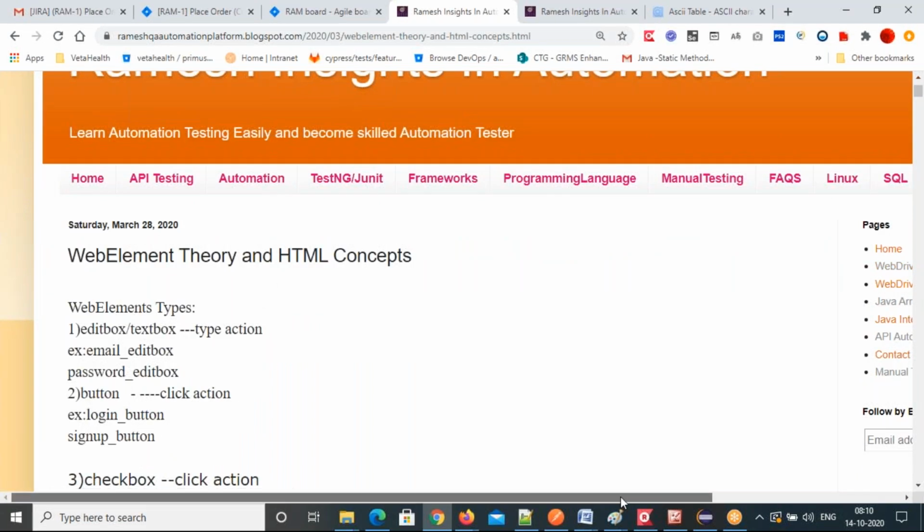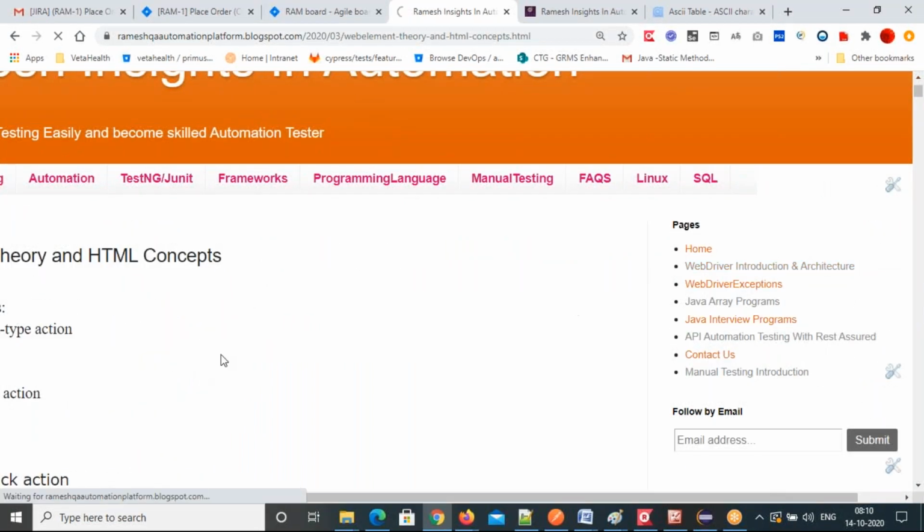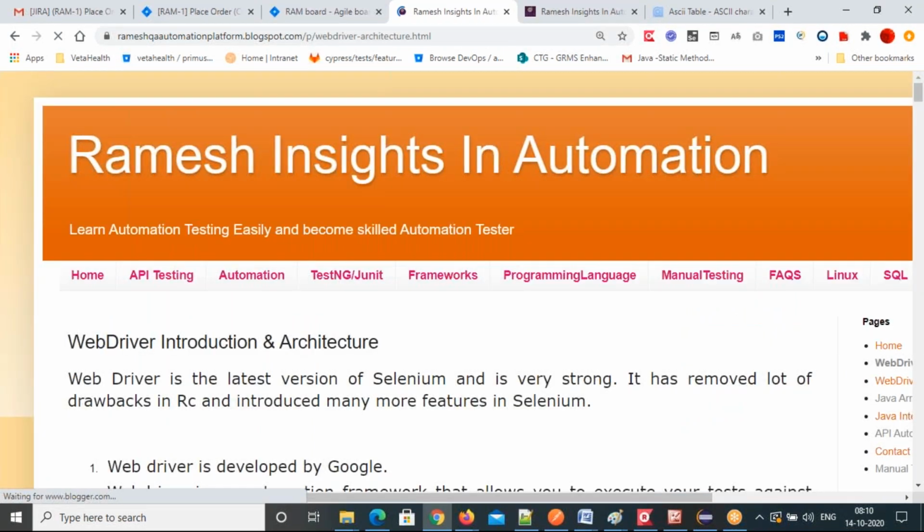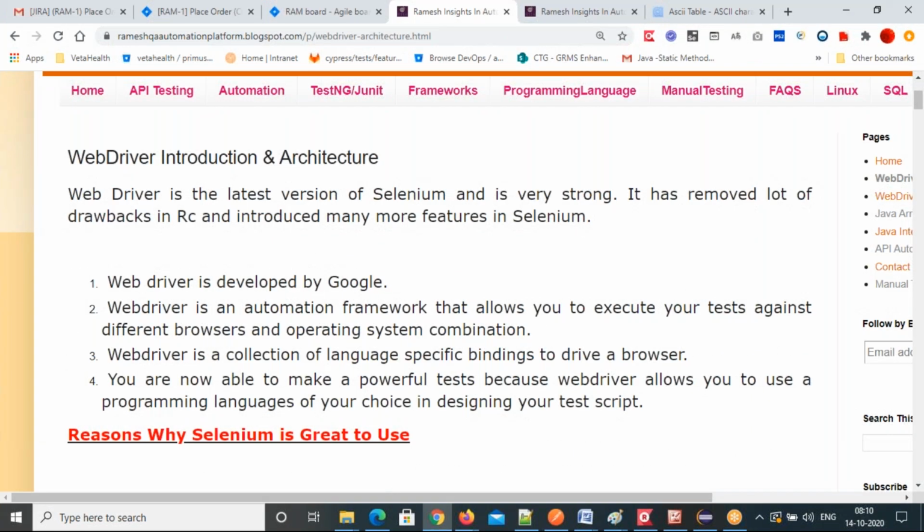In the 2.0 version there were a lot of drawbacks, because they made the first initial WebDriver by combining the Selenium RC code. The Selenium RC tool is still available for use, but they stopped further development because all that Selenium RC code is in the WebDriver. So they are using Selenium 2.0, Selenium WebDriver, and it became very popular after 2010, and it is a very fast and very good tool for web application testing.